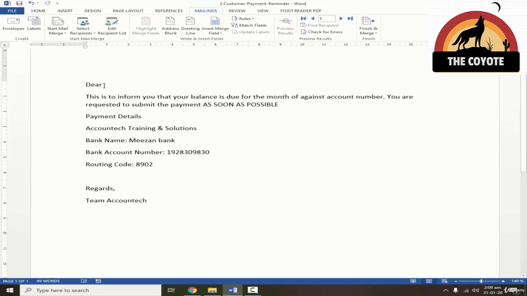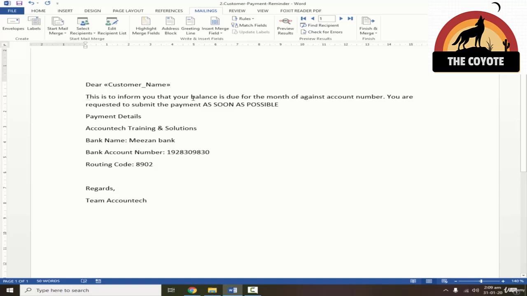Now we will link individual fields in the different positions where we require. Now in the mailings tab, I'll go a little far and I can see insert merge field. Now after "Dear" there should come the customer name. In the insert merge field, if you drop it down from here, it will show you all the column names that we have in the Excel. Dear customer name. So this is the link that will bring the customer's name from the Excel sheet.